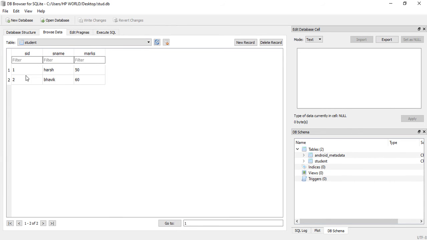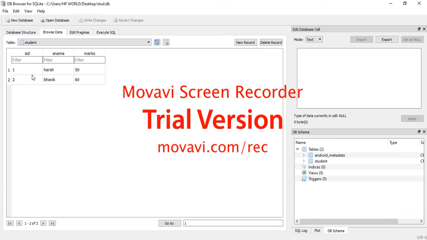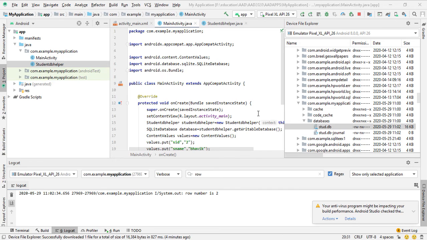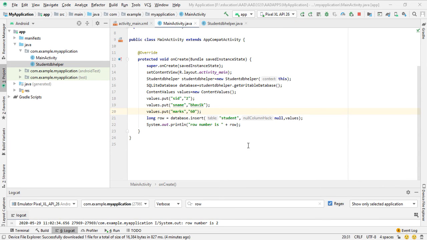Here we have inserted 2 records, so we can easily see these 2 records here. So close this. This is how we can insert the records inside our database.